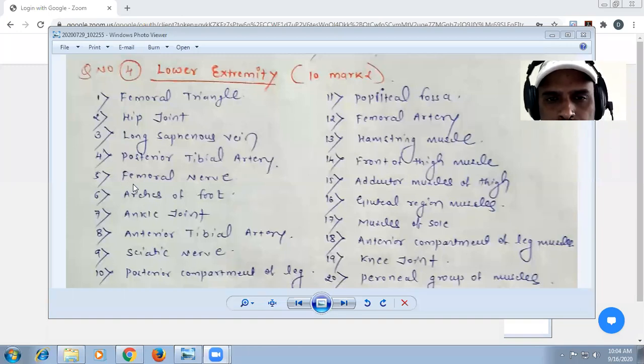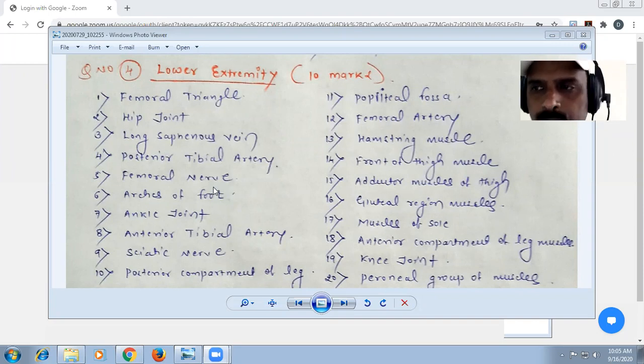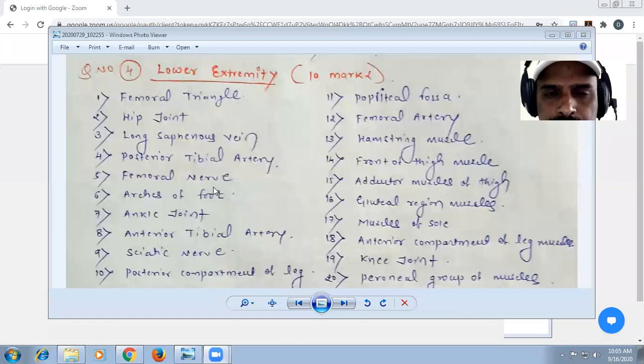So any chronic wound at the groin region can cause loss of sensation of the region which is supplied by the femoral nerve, that is the medial compartment of the thigh region. So that is all you have to know. For the femoral nerve, what you are going to write first is the chief nerve of the lower limb, its formation, root value, then the course of the femoral nerve at the femoral triangle. Then you have to write the branches and clinical anatomy. This is the total you have to write about the femoral nerve.